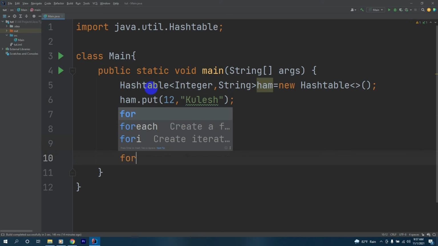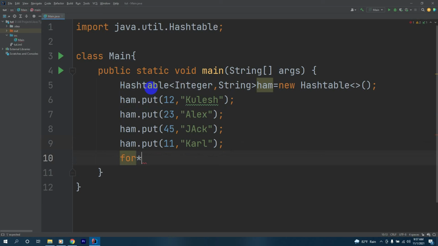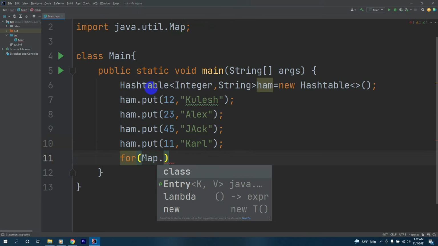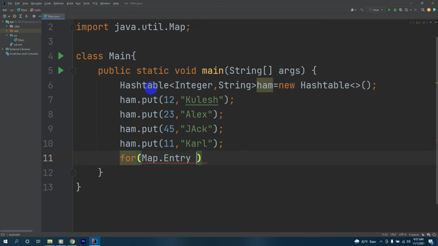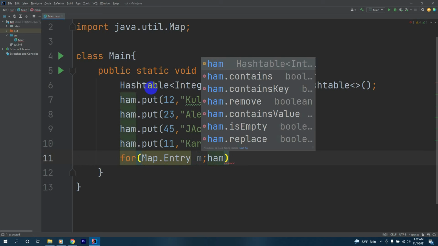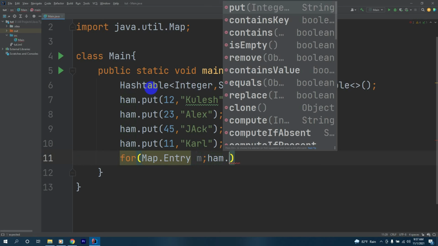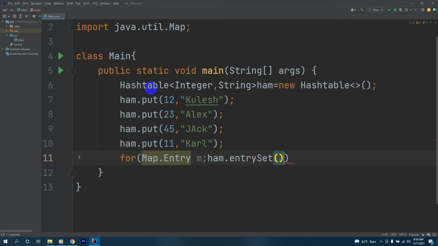And now we'll have a for loop. We say for Map.Entry, and after that we'll give the name m, and we say ham.entrySet.